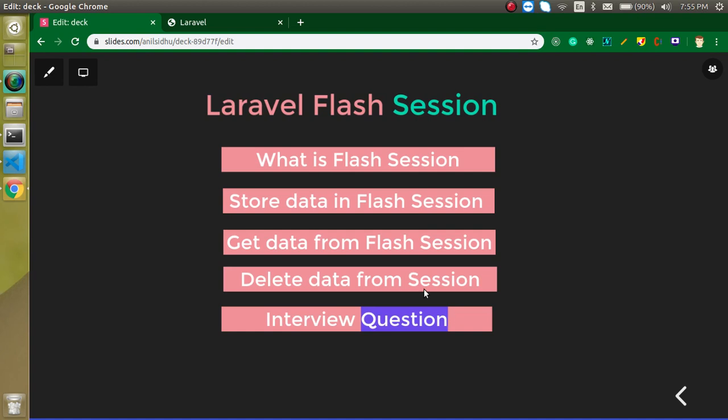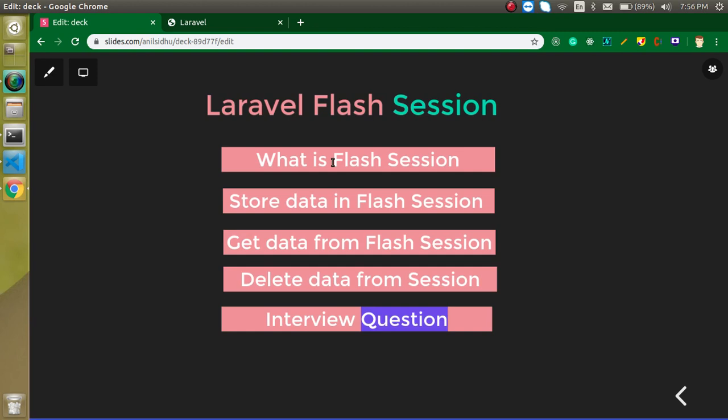So now the question is, what is Flash session? As you know, when we are storing the data in the normal session, then we can use it many times till 1 month, right? Or you can define your custom date also. So if I refresh it again and again, the data will still be stored on our server side, right? But in the Flash session, the data will be automatically deleted just after one refresh. So what is the purpose of using the session for one time?